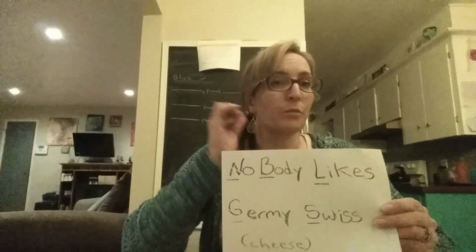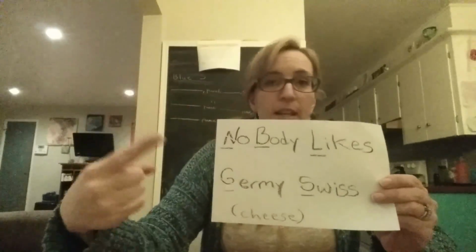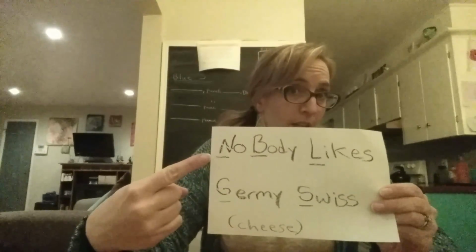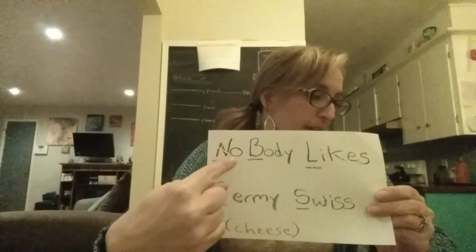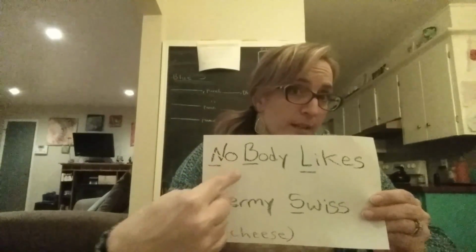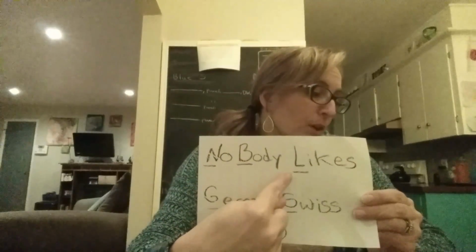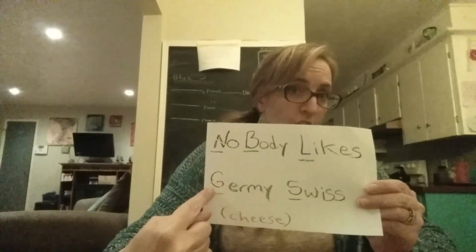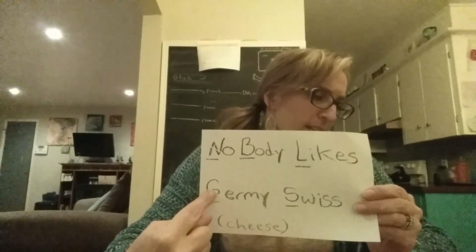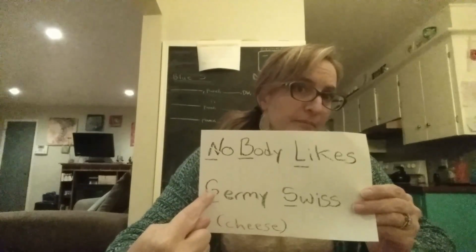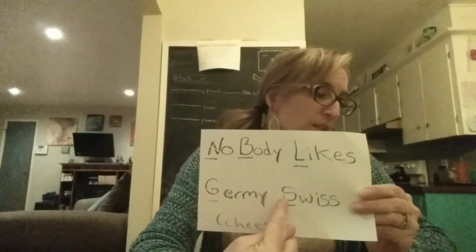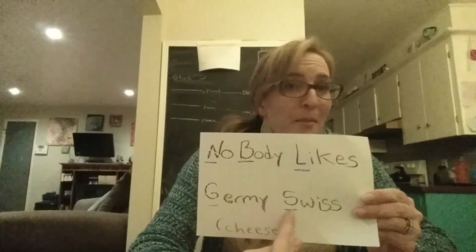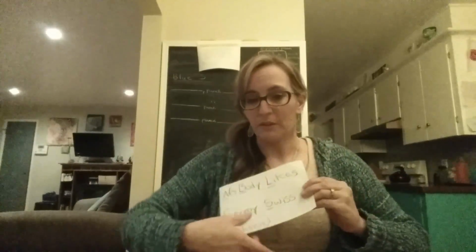And the way that we were trying to find it on our maps is that we said N is the land next to the North Sea for the Netherlands. B, Belgium is below the Netherlands. L, Luxembourg is little, laying between Belgium and Germany. G, giant Germany is kind of shaped like a G. S, Switzerland is small and south of Germany and is the land that has so many mountains. So that was our geography for the week.